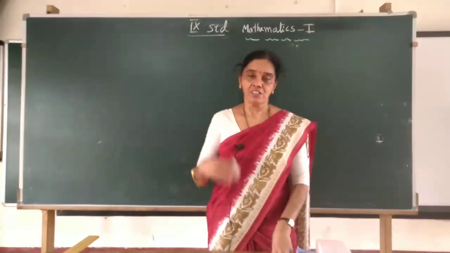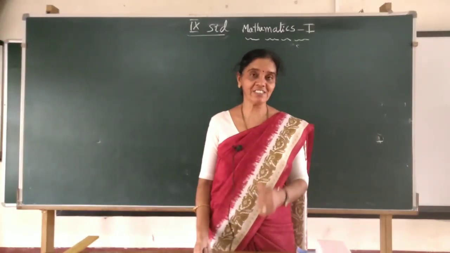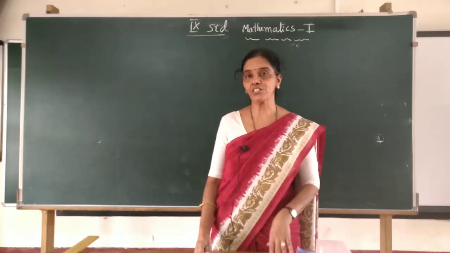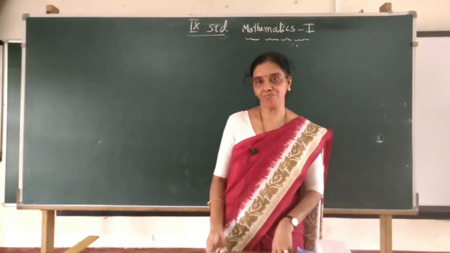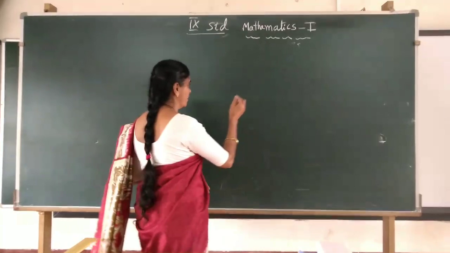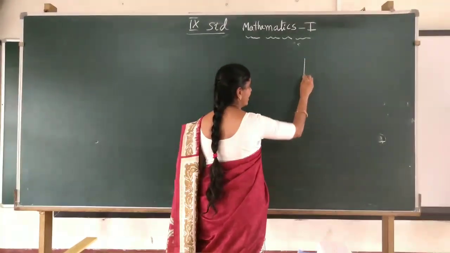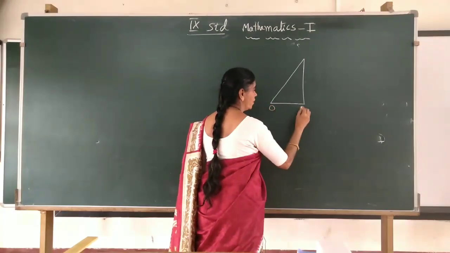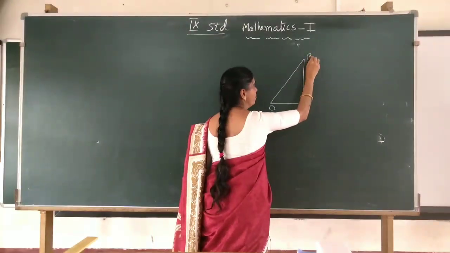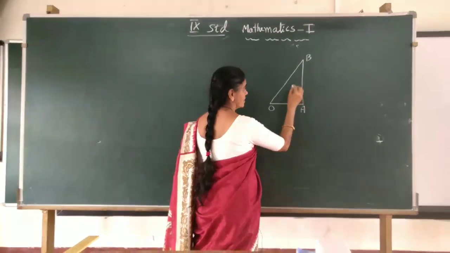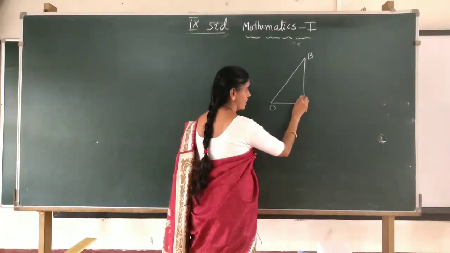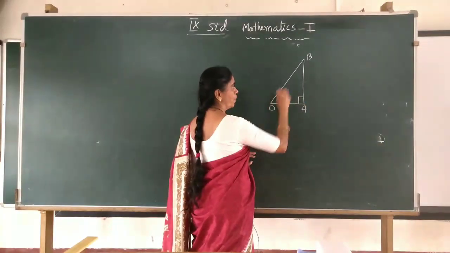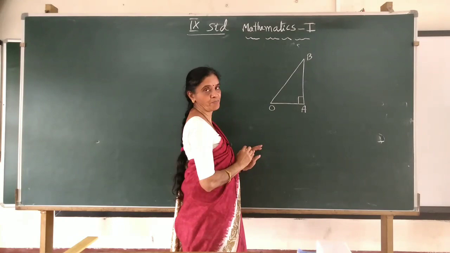So before studying how to get square root 2 or any irrational number on the number line, I will teach you the Pythagoras theorem. It is very simple, interesting. In any right angle triangle, say OAB, the longest side, the biggest side, opposite to the 90 degree right angle, OB, is called the hypotenuse.